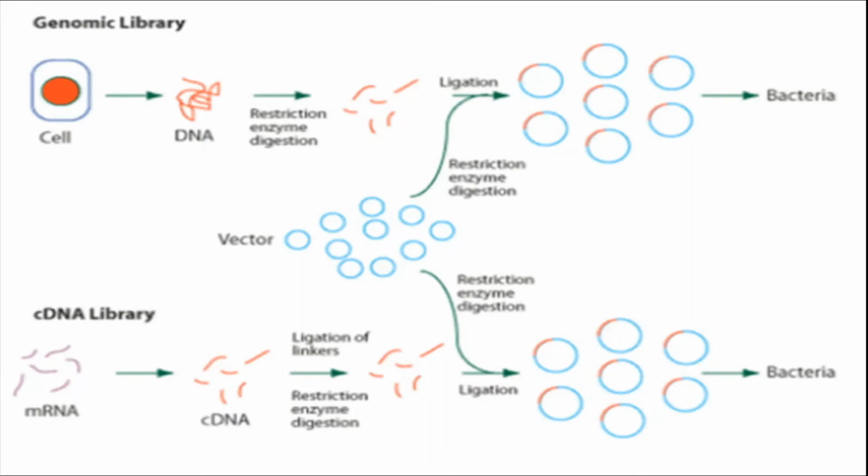Similarly here, the gene is equal to the book. Genes are present in a single vector. A group of genes present in a single vector is called a gene library. This gene library is divided into two: genomic library and cDNA library. The genomic library is a very random method, but it is effectively used for research purposes.